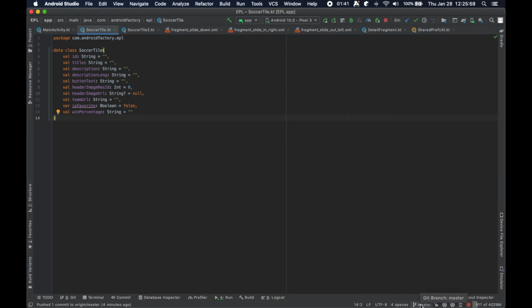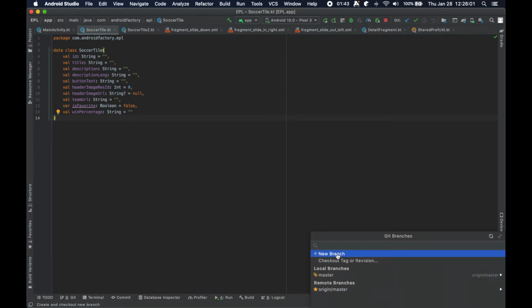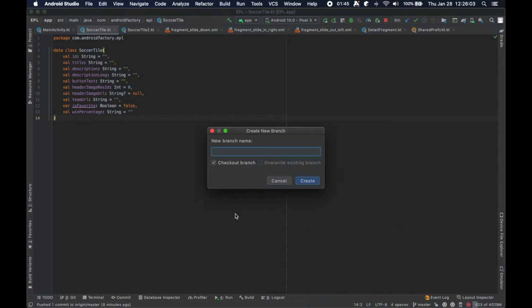So if we click on this little branch thing down here, we can very easily just say new branch, and let's name it Soccer Tile 2 Enhancements, and I spelled that wrong, didn't I? Enhancements. So, the name of the branch isn't necessarily super relevant, because eventually this branch will be removed,